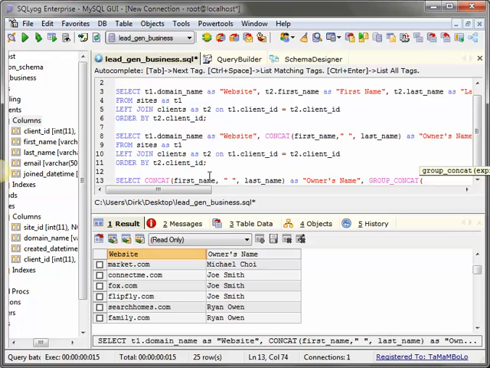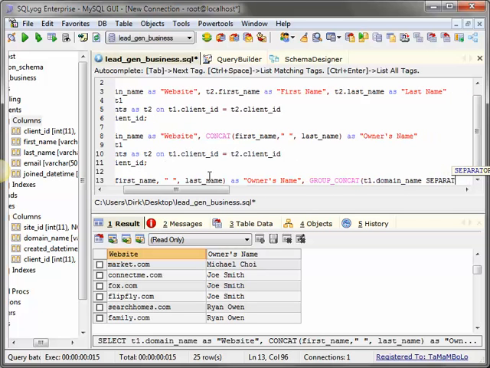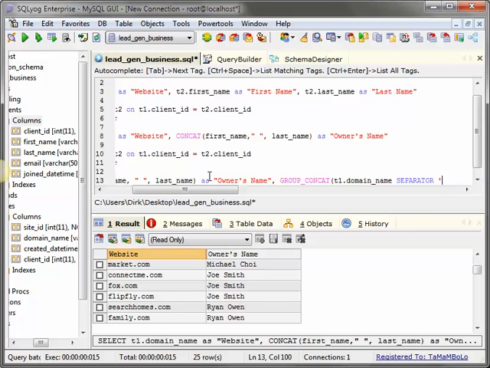What field are we going to group concat? Just the same, T1 dot domain_name, and then type separator. What separator are we going to use? For this example, I'm going to use a comma separator.